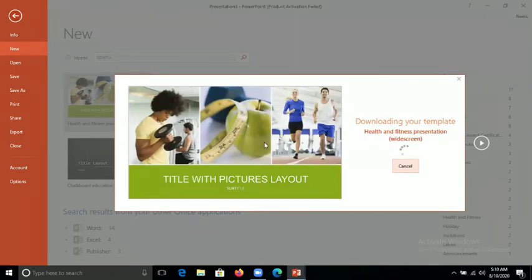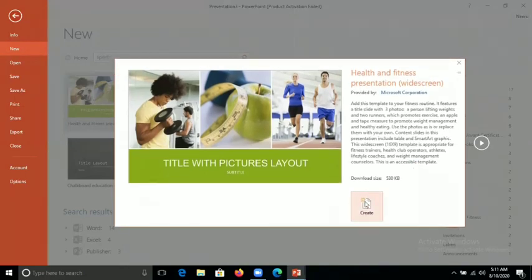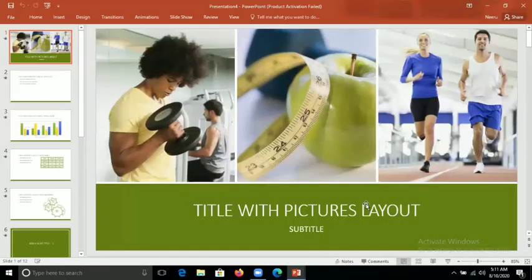You can see here it is downloading your template like this one. Then click on the create button. You can see here our presentation online template is here. Like that, we can take inbuilt template.